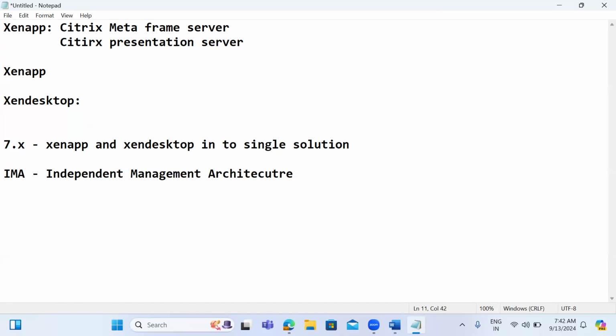Say IMA stands for Independent Management Architecture. In XenApp 6 and 6.5, we have this architecture component. In 7.x, we don't have only XenApp, we have XenDesktop also. They have introduced FMA. We don't have IMA in 7.x. We have FMA. FMA stands for